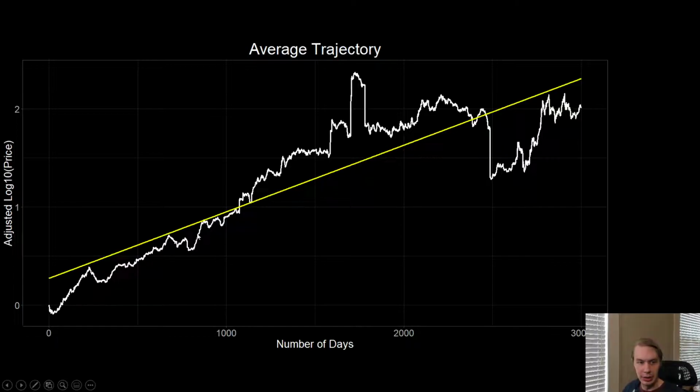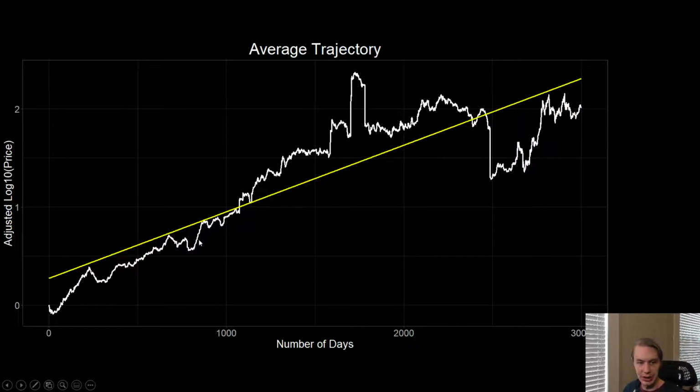And so, there's going to be a lot of assets in here. The x-axis here is the number of days the network has existed. And then this is just a log 10 price that's been adjusted so that everything starts at 0. The way you can read the y-axis is that 1 is 10x from the starting point. So whatever the starting price of the asset was, this is the 10x point, and this would be the 100x point at 2. So, 0, 10x, 100x, 3 would be 1000x, etc. You're just basically multiplying by 10 each time.